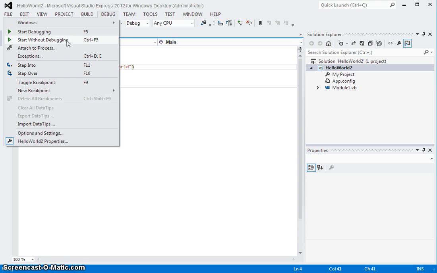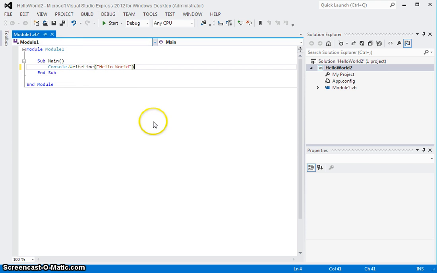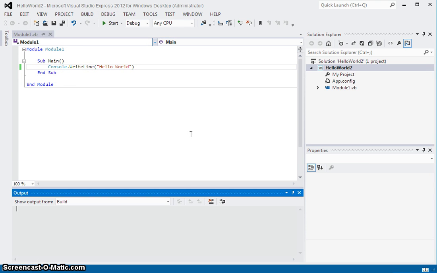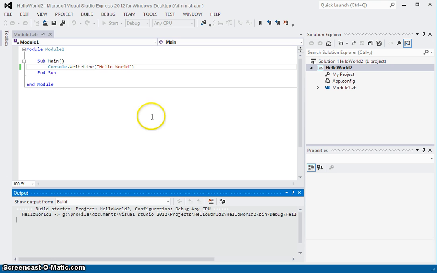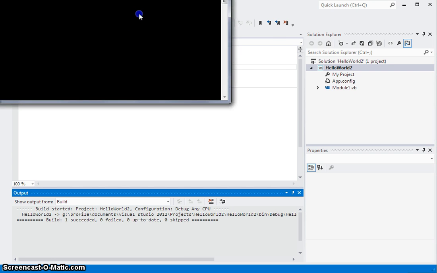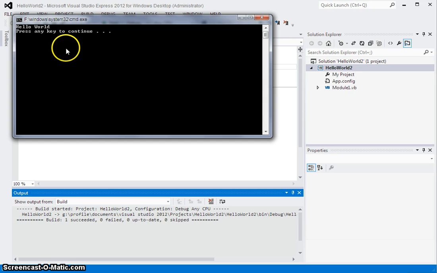Just for the first time, I'm going to do it without debugging, and we'll see that a console window comes up in just a moment when it's finished compiling it. Ooh, it's gone off your screen. It says Hello World and press any key to continue. Now the press any key to continue is when it's run not in debugging mode. So if I press return there,